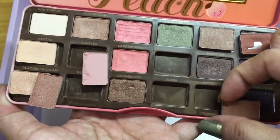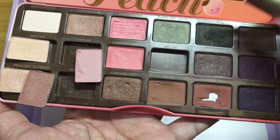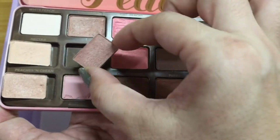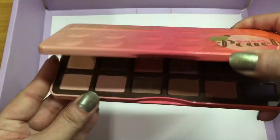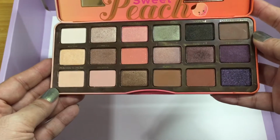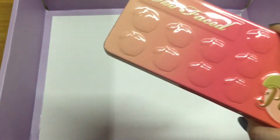But yeah, this is my position number 1. Let me show you the one I bought. This one. So this is my number 1, and I enjoy using this one. You can see I've already started using some of the eyeshadows in here. So there you go, those are my rankings of my